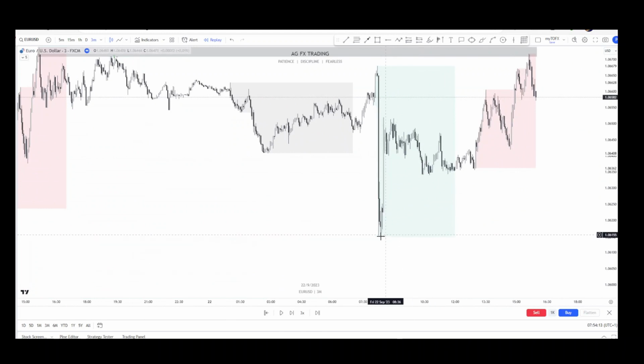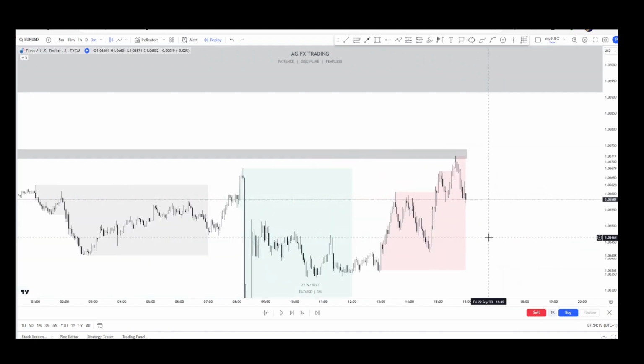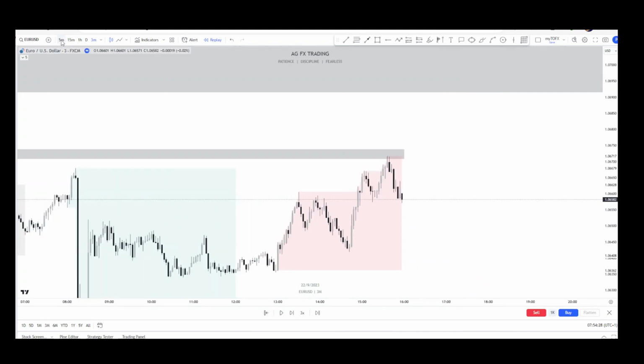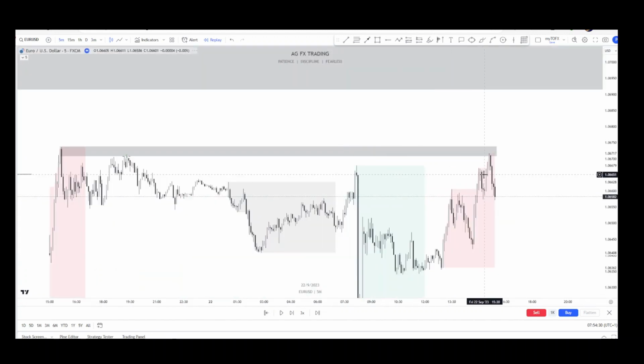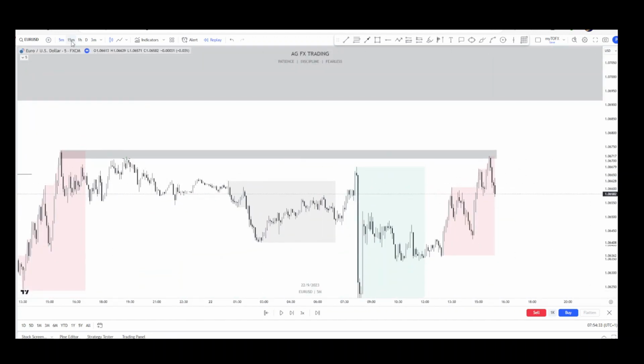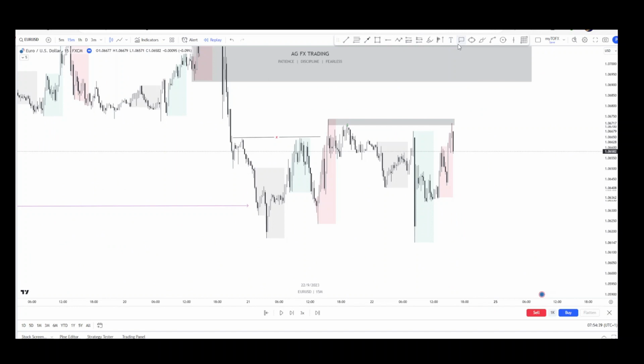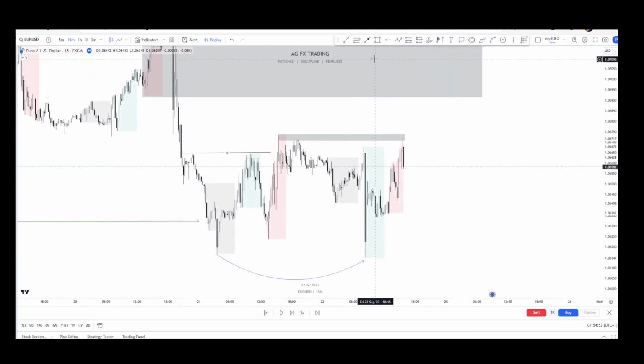Because this low, I still believe will be taken. So I have this idea in my head. I decided to wait because I like to use the 5 minute time frame. What I had in mind was, okay, let me use the 15 minute time frame for this. And if you notice, because this low didn't close below, I shifted in the previous video this low here. So definitely on the 15 minute now, the inducement